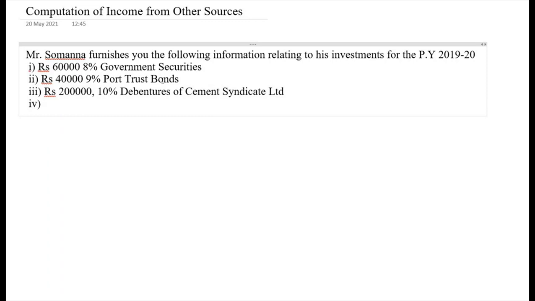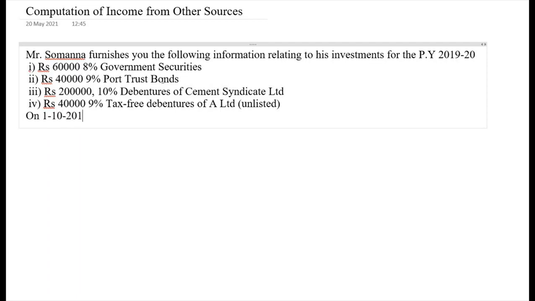then rupees 40,000, 9% tax-free debentures of A Limited, in the bracket unlisted, on 1/10/2019. Mr. Somanna sold the port trust bonds at a profit of rupees 4,000, and